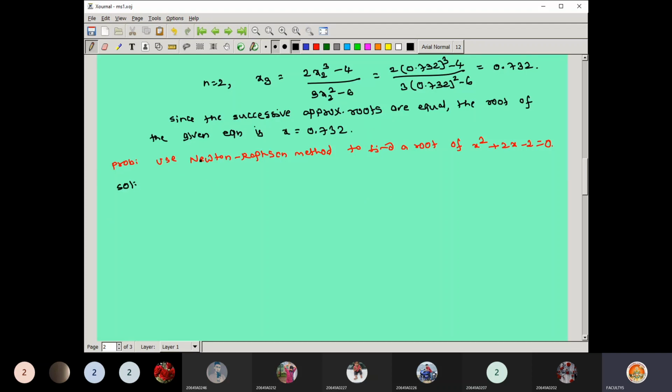Clearly you can say that it is an algebraic equation. So better you write down the statement for the given algebraic equation. Let f of x equal to the given expression x square plus 2x minus 2,